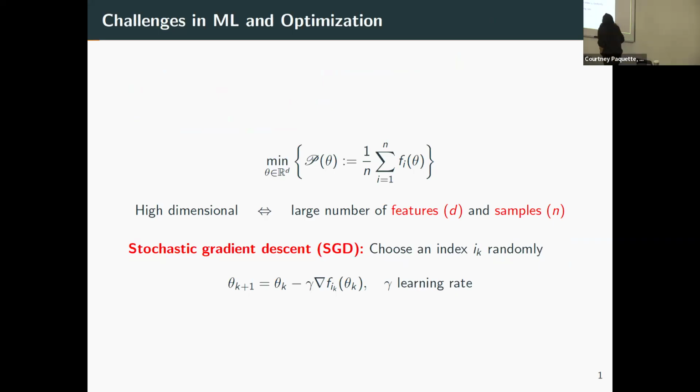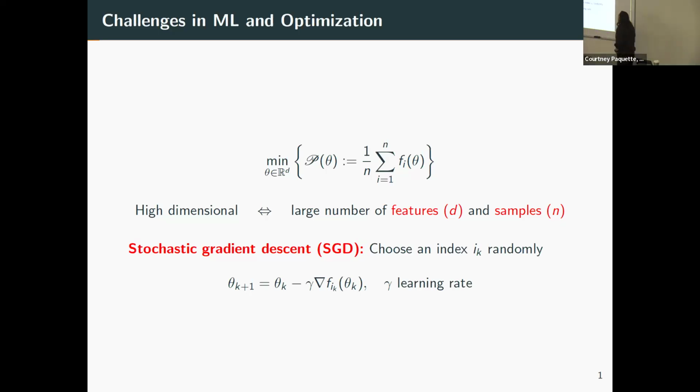So what are some of the challenges we see in ML? In ML, we typically are minimizing some large sum of functions, Fi. And the big thing here is that usually our problems are what we call high dimensional. A lot of times we think of ML as having a lot of samples, a lot of data N, but actually nowadays you also have a huge number of features. So the space over which you're actually minimizing, the number of neurons, etc., is also as big as the number of samples. And what I mean by big here, we're talking billions, hundreds of billions, probably trillions at this stage of the game.